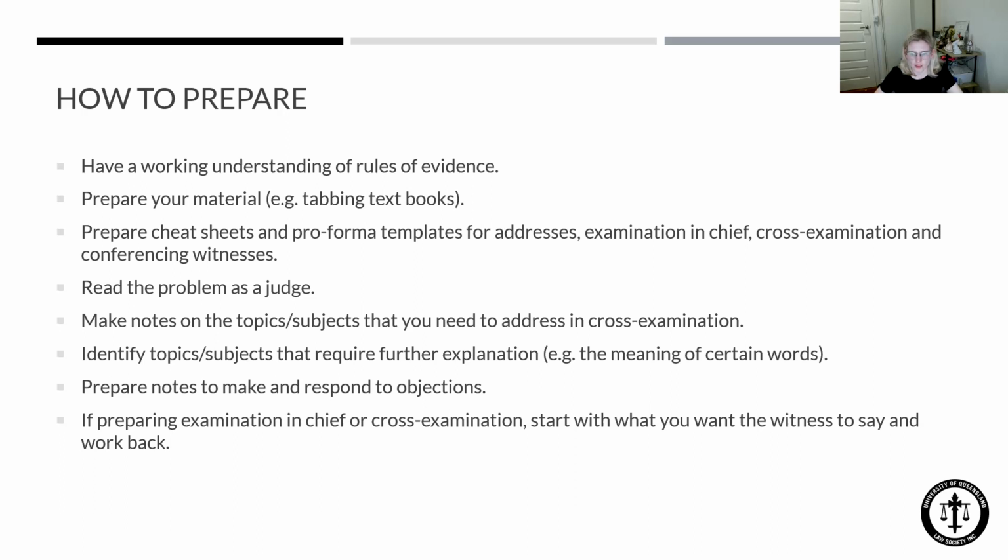When you are formulating cross-examination questions, particularly, slightly less so for examination in chief, you want to start with, what question am I going to ask in order to get the piece of information that I want? So if you want somebody to admit that they didn't see something occurring, then you say, and you didn't see that occurring. And then you kind of step back from that rather than trying to lead up to it. It's a bit more helpful. That's for preparation purposes. When you're asking a question of witnesses, you start at the beginning, obviously.